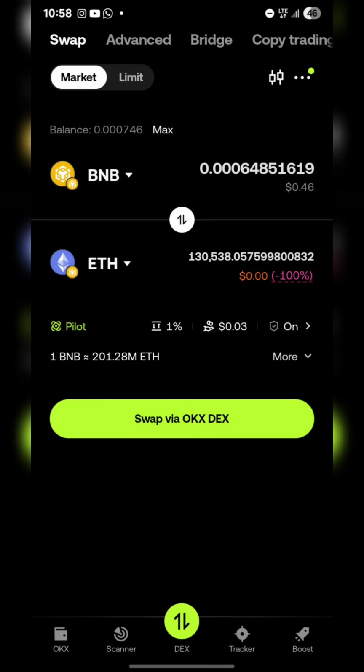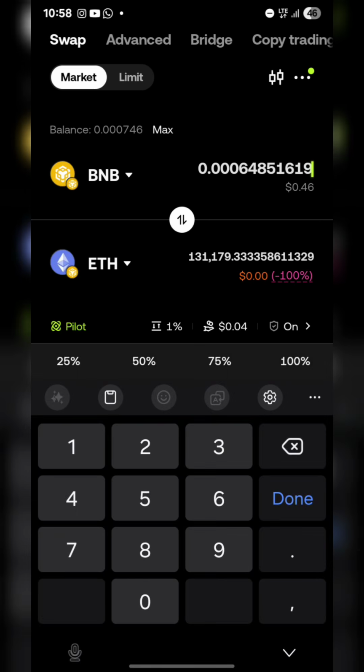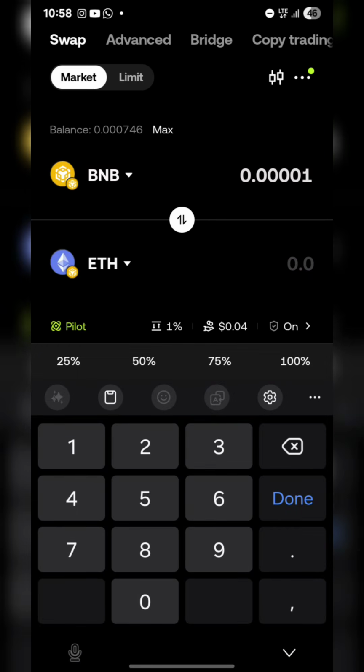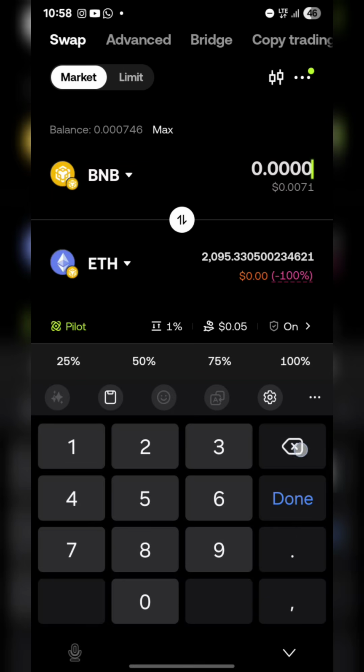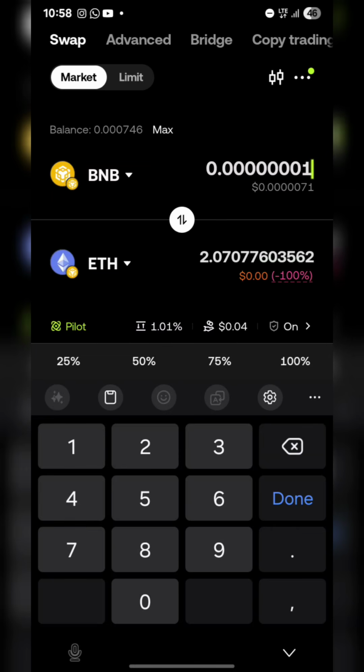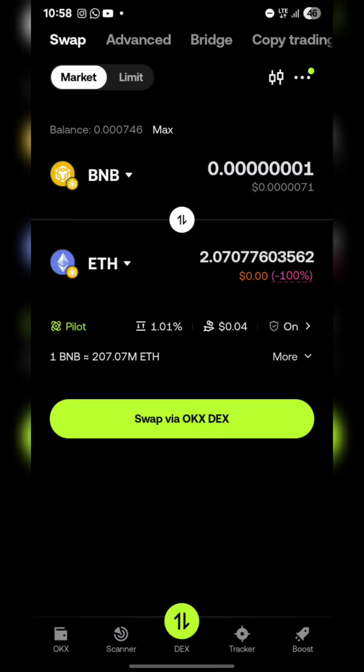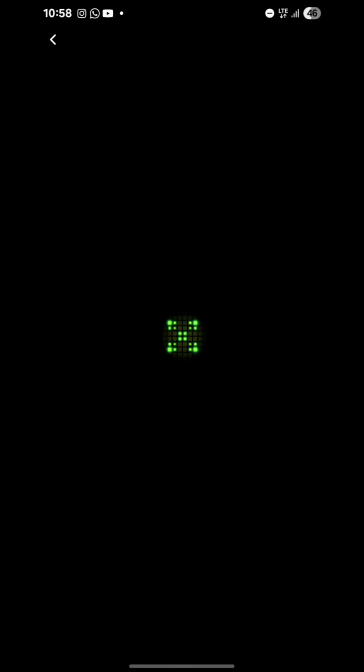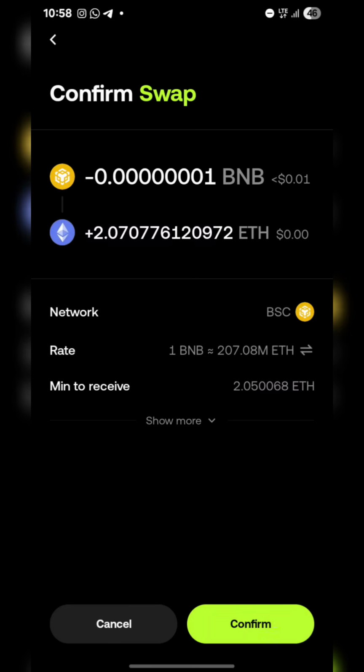So let's just swap Ethereum to see what I'm talking about. So I'll be swapping 0.0001. Let's see. Like this. So like this now, they give me 2 Ethereum. So if I swap, this is how you be swapping. So I've checked it and you can use this. So after I swap it,